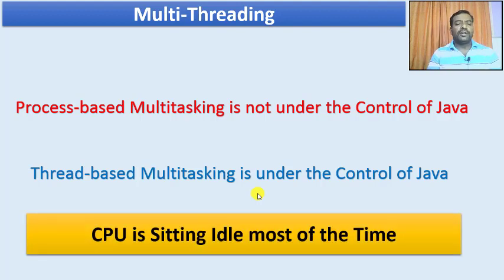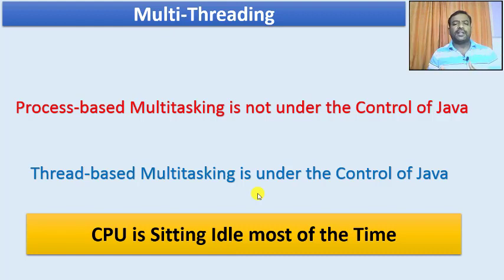So now we'll talk about this, but just look at this. Whenever we are going to talk about multitasking, thread 1 is in execution and thread 2 is going to be somewhere waiting for the CPU. Hence, if it is thread based multitasking and we're going to have two parts of execution, the CPU is going to be sitting idle. So just to make use of this CPU idle time, how are we going to make efficient use of it, without making the CPU sit long in the idle state,